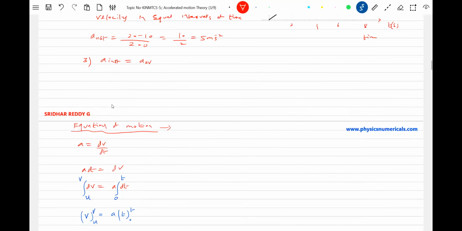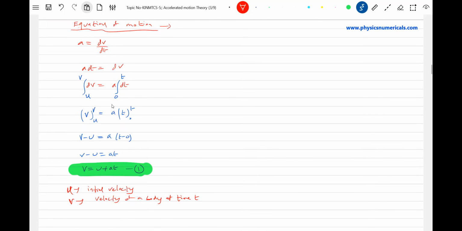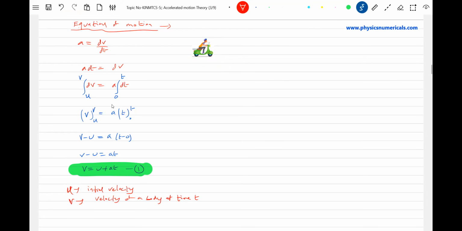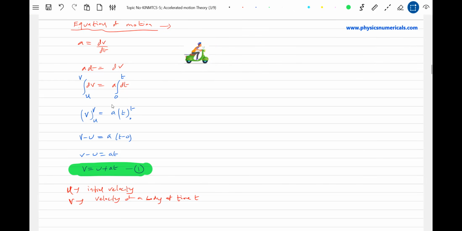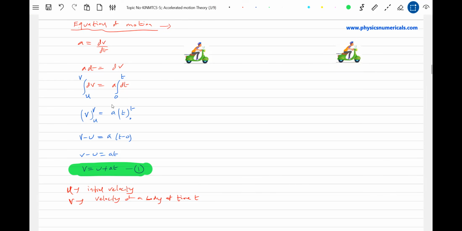So what is the meaning of this? I'll bring that scooter. Oh, where is the scooter? It's here. Yeah. See, why I'm bringing this scooter is so that students will understand what they are learning. Most students think that in the books it will be given as particles, so they think that okay, something we should imagine. Okay, now we are in the 21st century. We do have several objects around us.